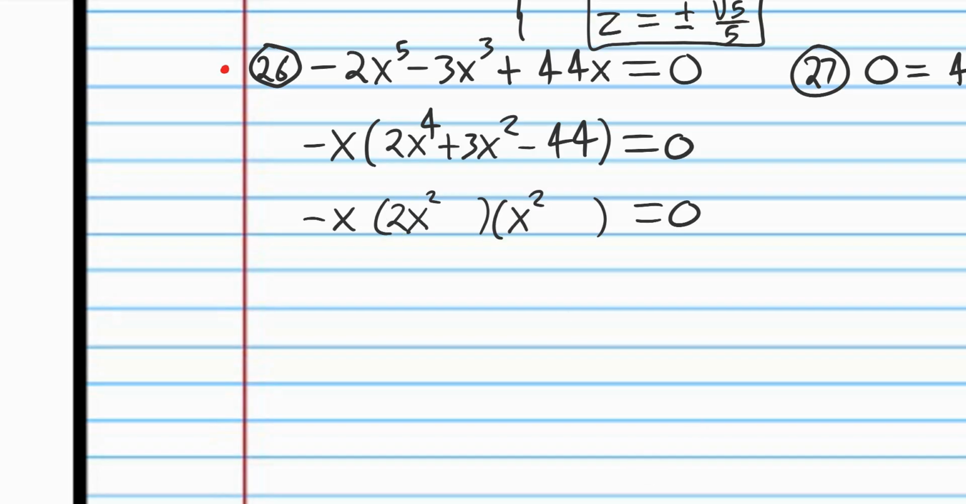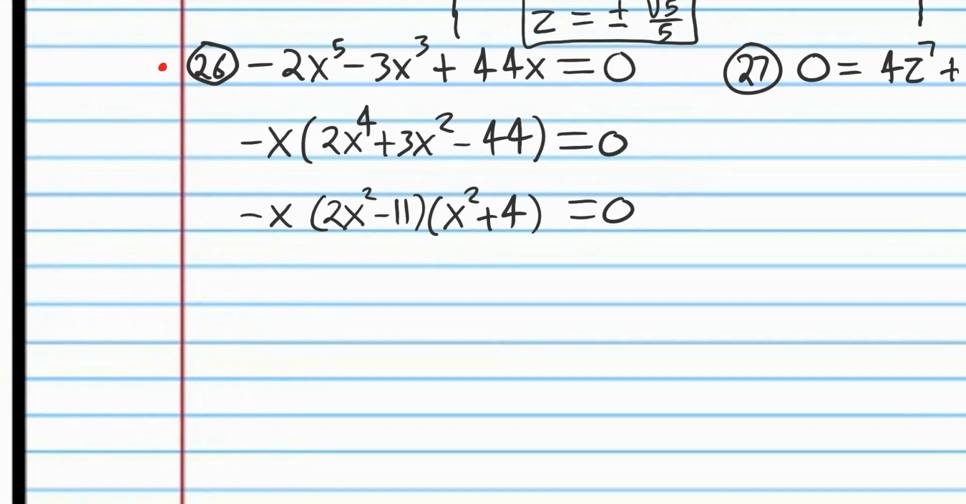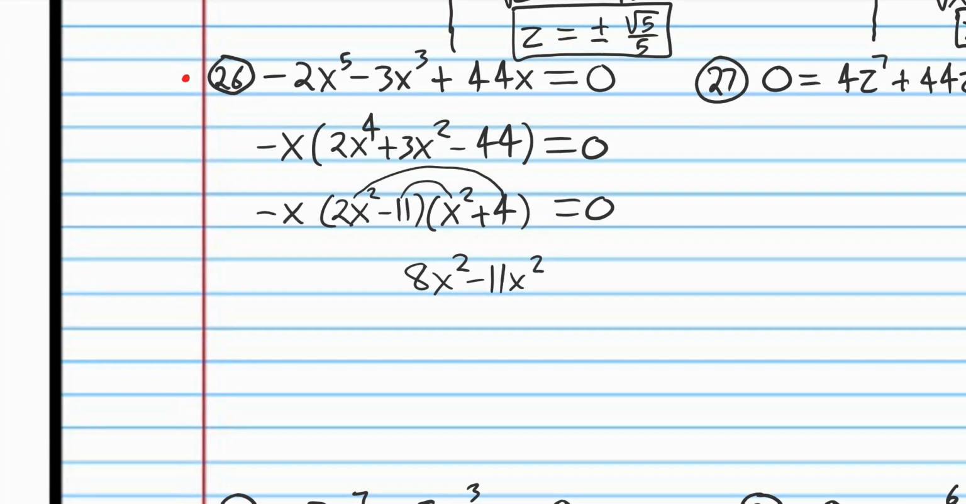And I'm going to try, what 2 numbers multiply to 44? I'm going to try negative 11 and positive 4. So now I have to do the O and I terms of FOIL. O is going to be 8x squared. Maybe I should write that. And I is going to be negative 11x squared. So it looks like that's going to work, because you combine those and you get negative 3x